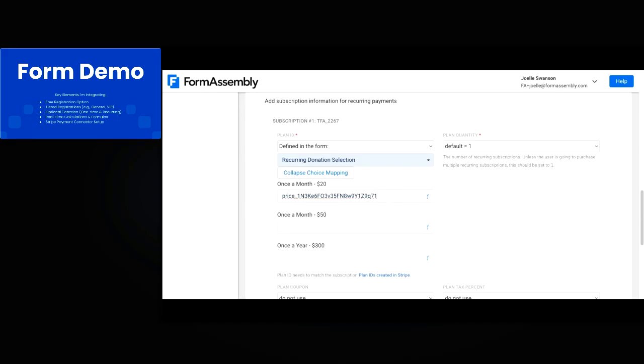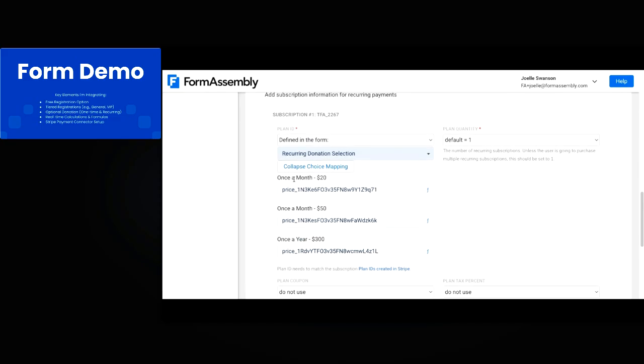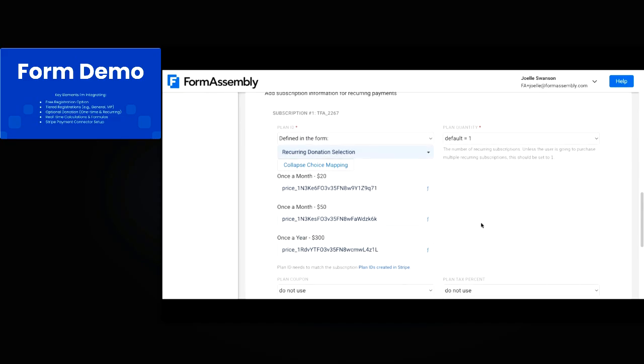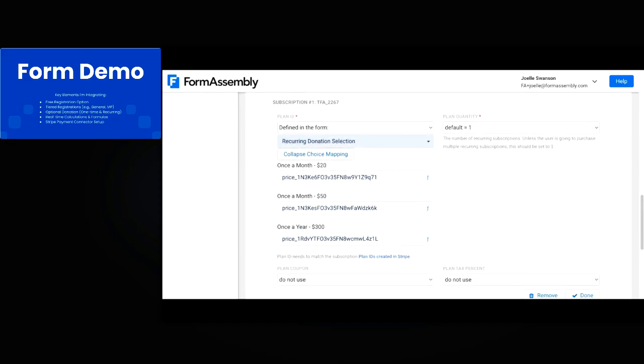Copy, paste. And then the last one, the 300 for a year subscription. Paste. Okay, perfect. So that's all I need to do for the plan ID mapping. Then the next step, to make sure it